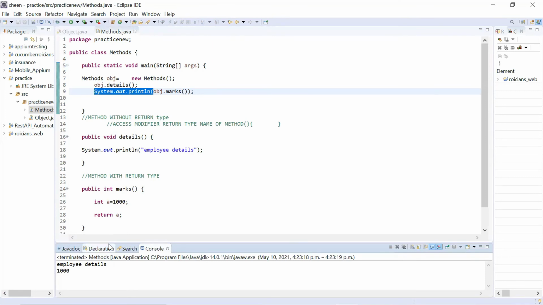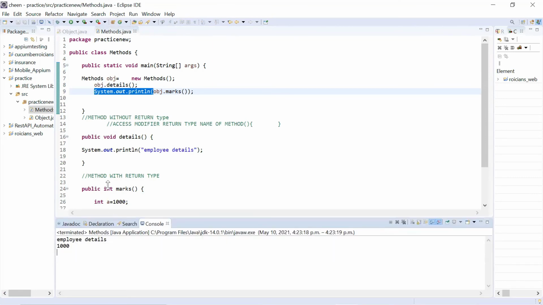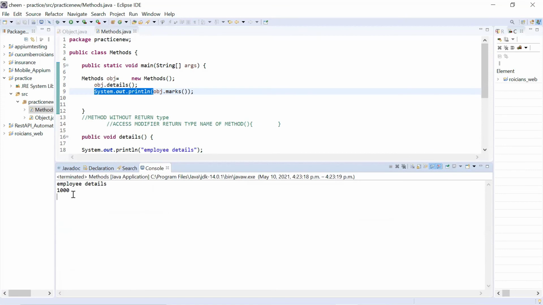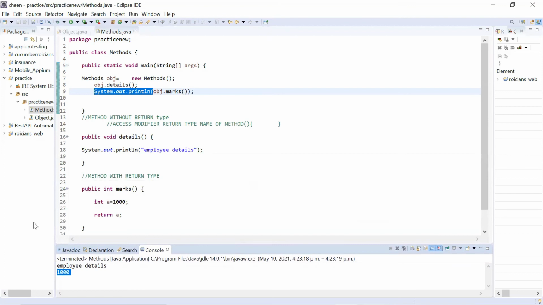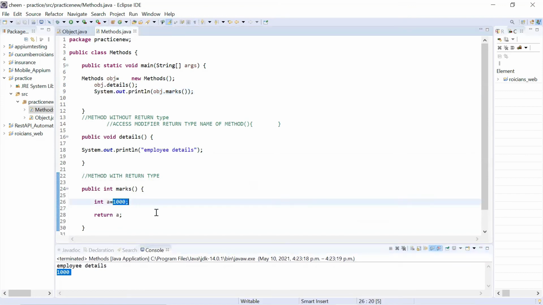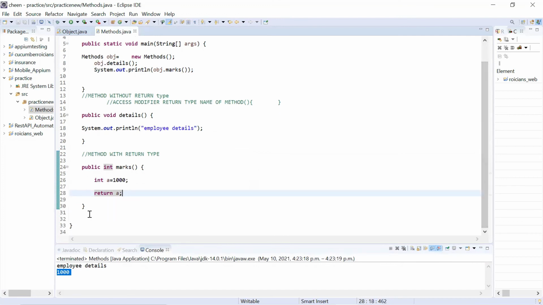So here, I'll just put it, scroll it up. This is the return value of the marks method. So I have written in the marks method, return me a, and the value of a is 1000. So this is how a method with return type works.